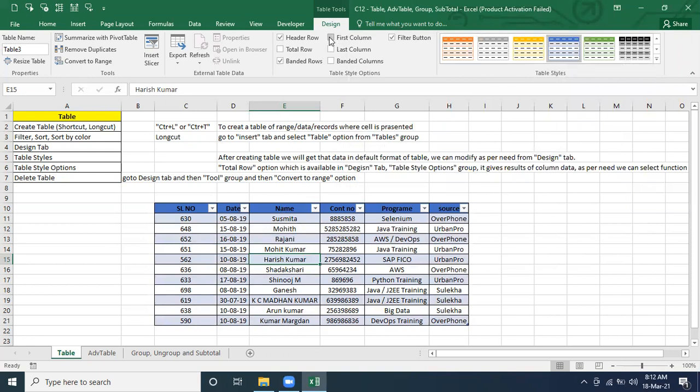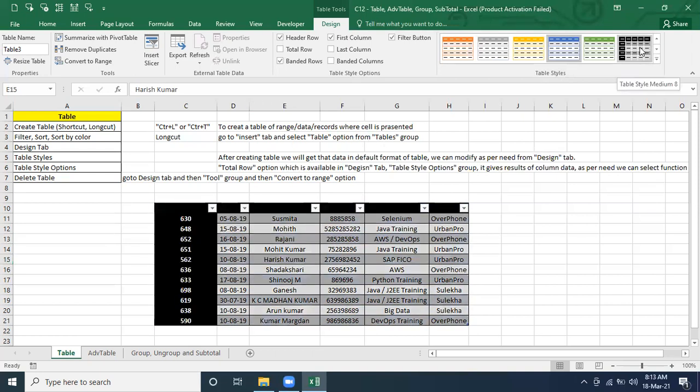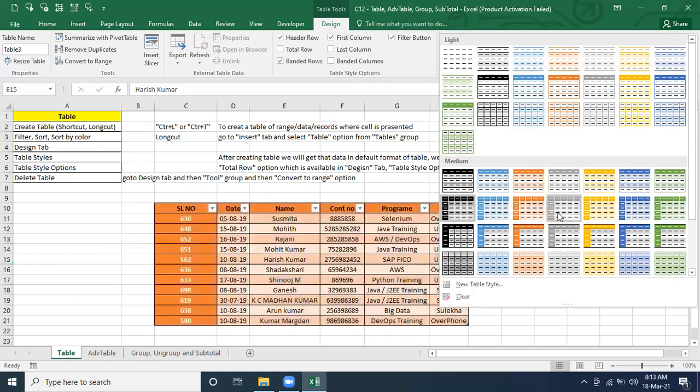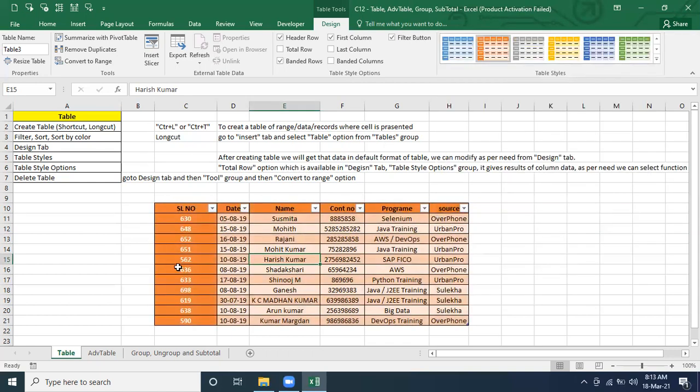Now I'm going to pick the first column. What they have designed for the first column is just making it bold. They have not done any formatting for the first row or first column except making the font bold. That's it. But if you are going for something else, like this one, they have designed the first row something like this, and we can remove it.